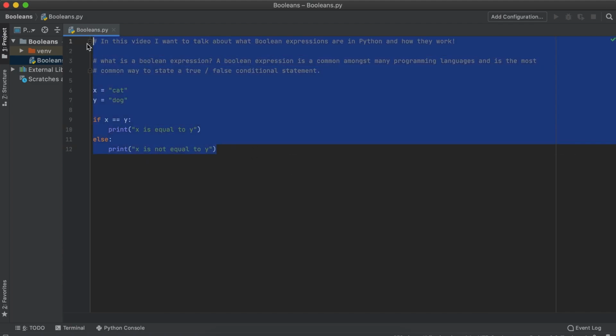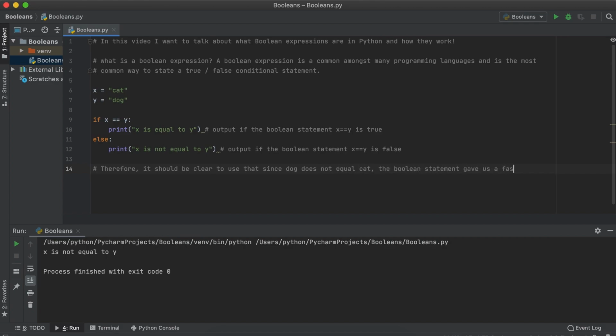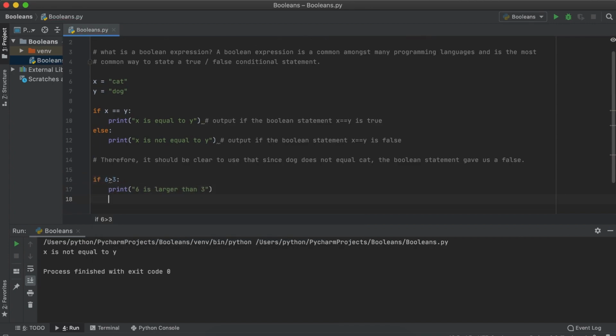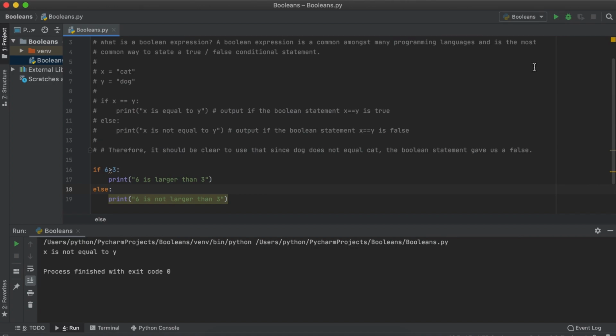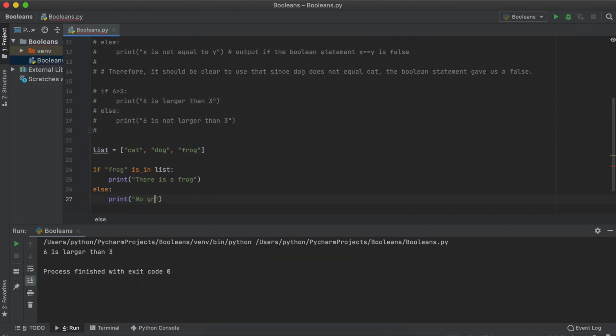So, now that we have a rough understanding of what a Boolean expression looks like in Python programming languages, how do we enter one and how do they work? To begin a Boolean expression, we can enter one of the many conditional testing operations we have at our disposal. So, by that I mean we can check if a value is equal to another value like so, or we can check if one numeric piece of data is larger or smaller than or equal to another one. We can also check if an item is in a given list, etc.